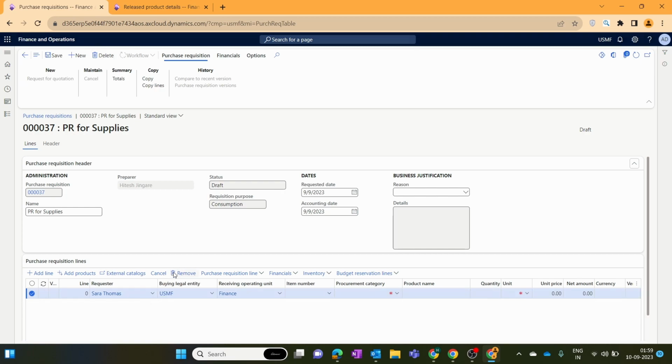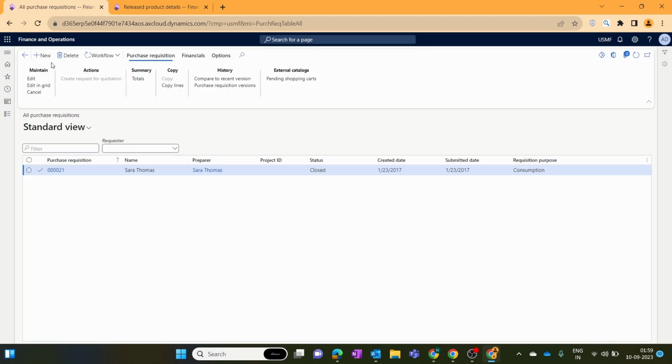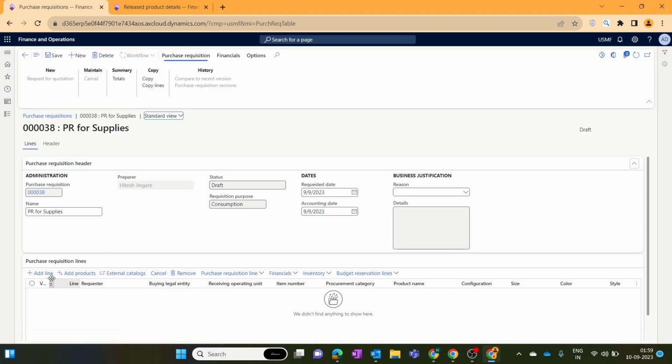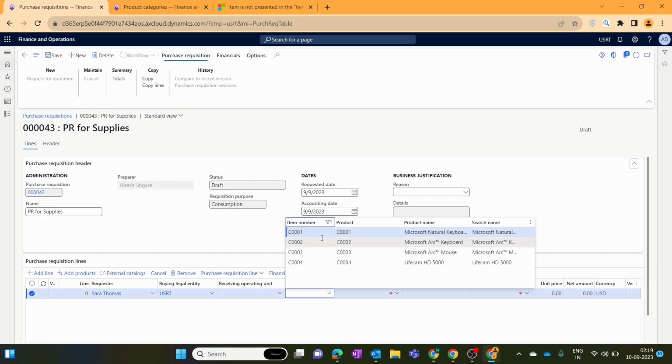So let me delete this requisition and create a fresh purchase requisition for the update item PR for supplies. Okay. So here we click on this add line, again change the requester. Okay, yeah, so now you can see that our C001, C002, C003, C004, the whole office stuff is now visible